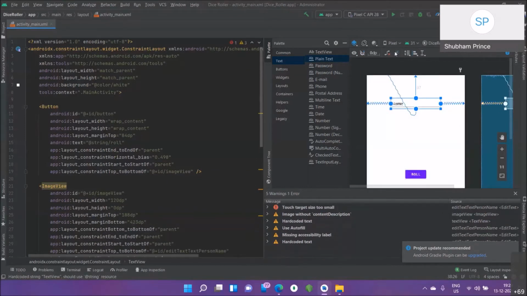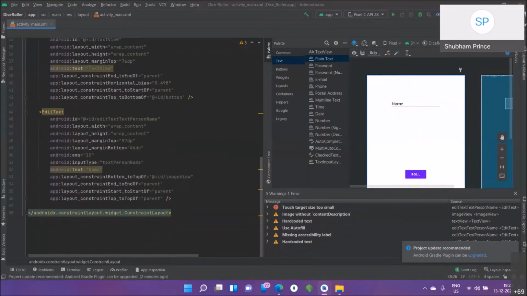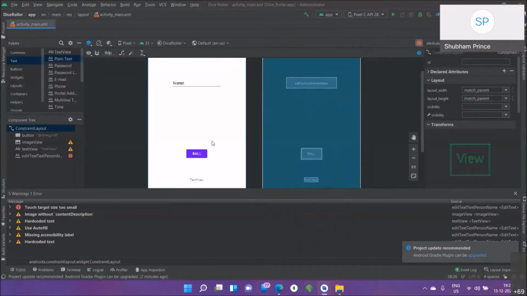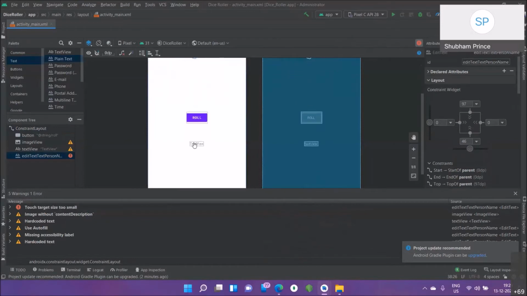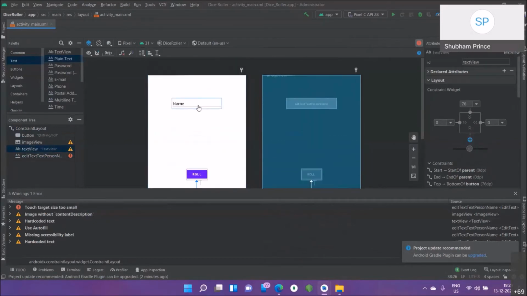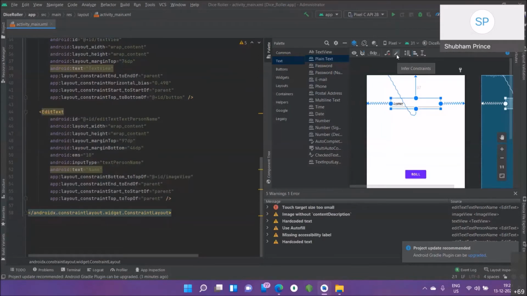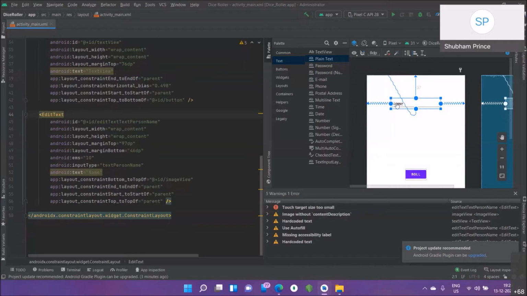See, as soon as I click this, some of the errors just vanished. Now it has all the right properties to stay on the screen while you are running it. I didn't do anything for this one. For this text I did everything, but for this one I did nothing. So remember this, whenever you are working with XML and designing, use this one. While working with constraint layout, you will have fewer errors and you will never see any of your widgets traveling to America.